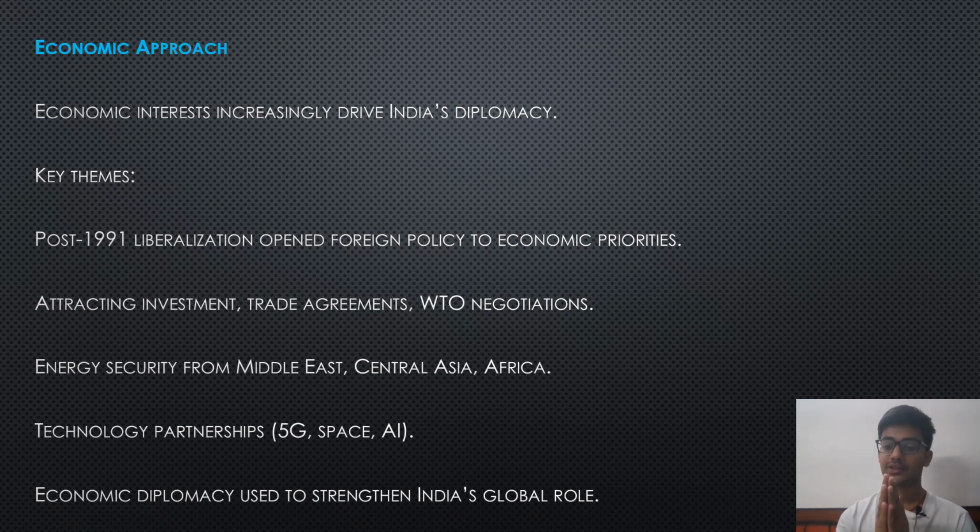Today's technology partnership, technology advancement is very important. And so all this is kept in mind again while making foreign policy, that the trade should increase, investment should increase, technology transfers and partnerships should increase. That way, it makes us more relevant, more powerful, more important at a global stage. Just like the example of Singapore. So India already has a very strong military, very strong intelligence. India's economy is also doing very well, but it is very important for us to maintain relations, to build relations in a way that this economic progress can actually increase and go on for a very long time.